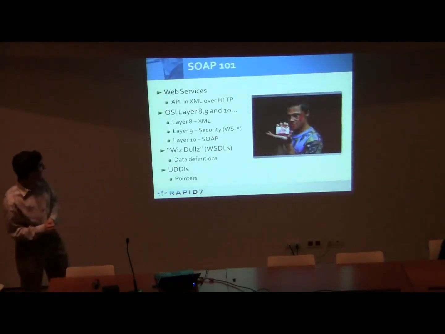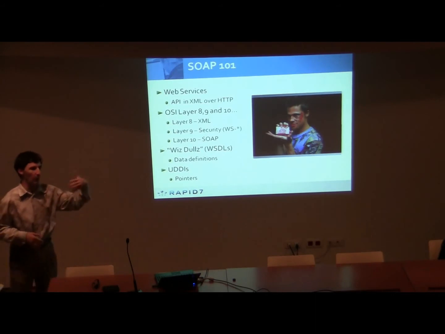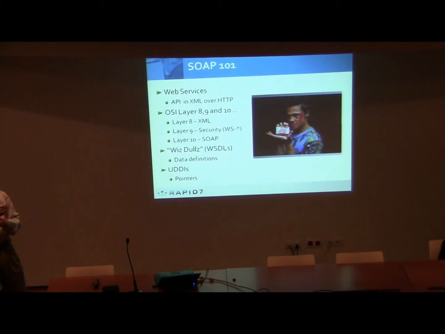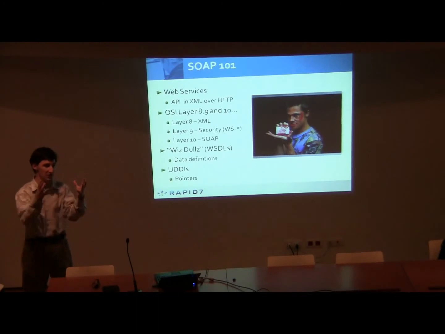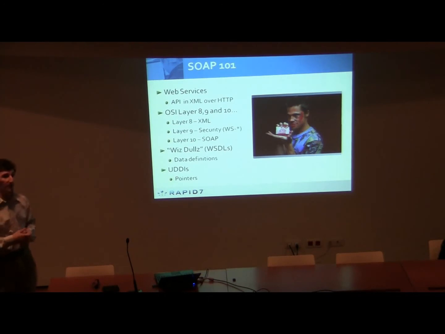So breaking down SOAP, it's basically an API representing XML over HTTP. That's the essence of the idea. So if you're thinking about the OSI layers, you're going up above HTTP multiple layers and multiple steps. You're adding XML, you're adding representation around this particular mechanism for communication. And then you can also add on top of XML representations for security. So if we wanted to encrypt messages and handle particular types of communications in specific ways, if we want to do key exchanges to verify that this user actually wrote this message, that would actually be included within the message